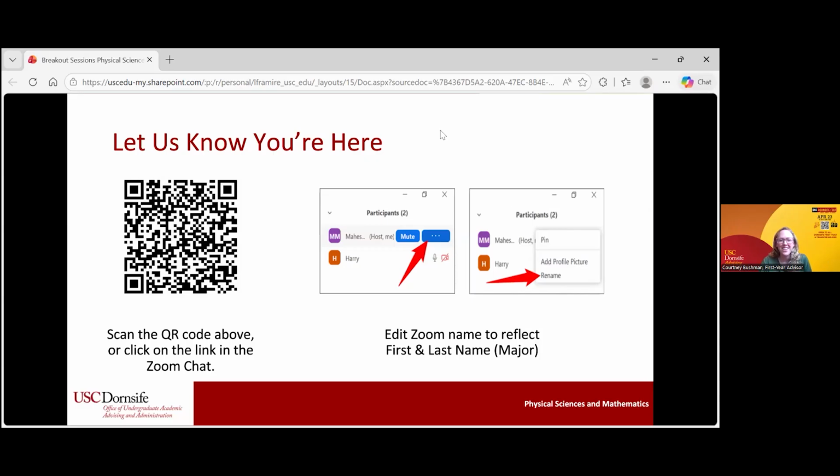Hello, everyone. Thank you so much for joining our physical science and mathematics case team breakout room. If you did not get a chance to check in earlier, could you please make sure to scan the QR code to let us know that you're here? You do not need to sign in again if you already did so in the main session. If you haven't already, you can also make sure to update your Zoom name if needed. And so now I would like to pass it over and introduce our cluster advising case team.